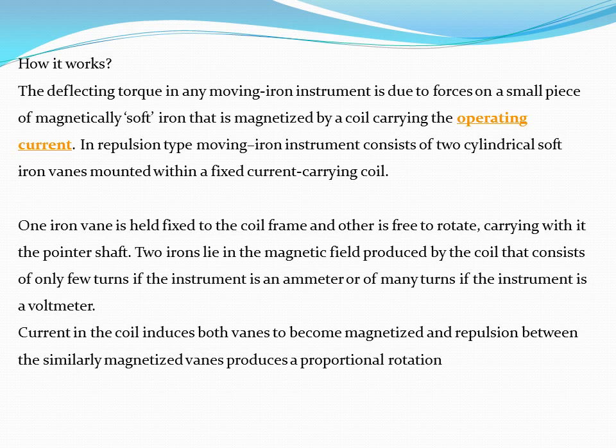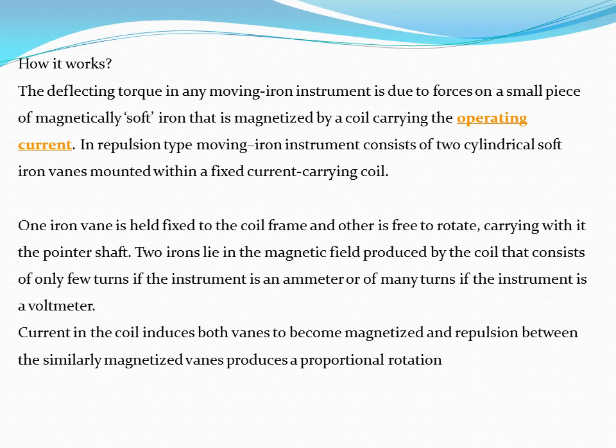The deflecting torque in a moving iron instrument is due to forces on a small piece of magnetically soft iron that is magnetized by a coil carrying the operating current. A repulsion type moving iron instrument consists of two cylindrical soft irons mounted within a fixed current carrying coil. One iron vane is held fixed to the coil frame and the other is free to rotate, carrying with it